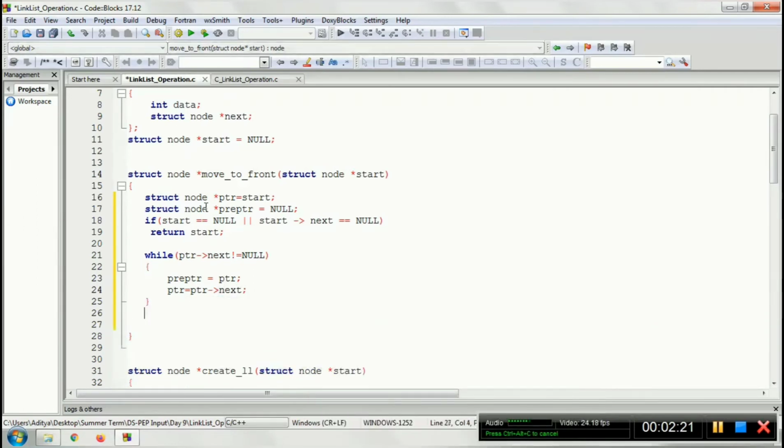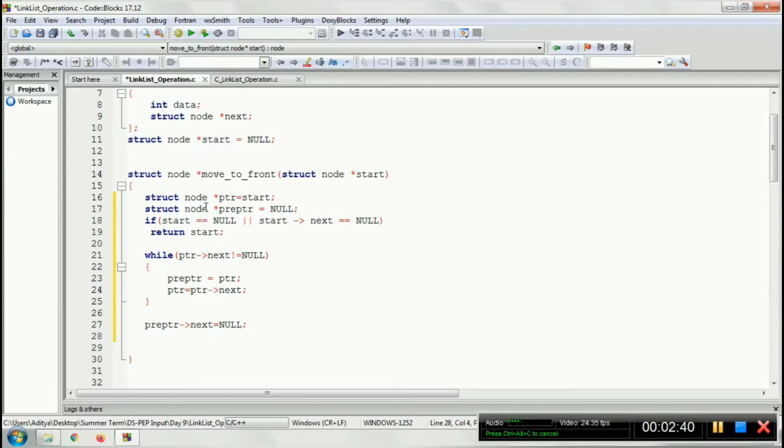Once we end up there, we only have to make small changes. First we make the second last node, that is pointed by the pre-PTR next, as a null. After this it is going to be the last node, so simply make it a null.